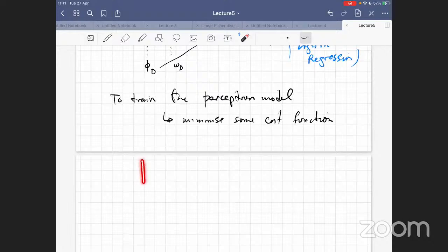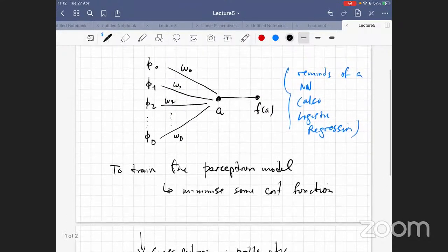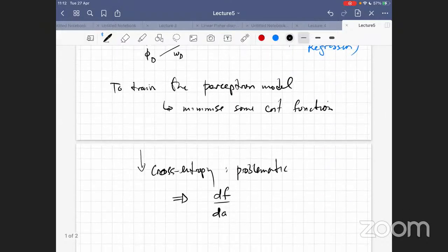So this is problematic. Cross entropy is problematic because it involves derivatives of f with respect to its argument, right? When I do the chain rule, but this is discontinuous because of the very definition. Discontinuous